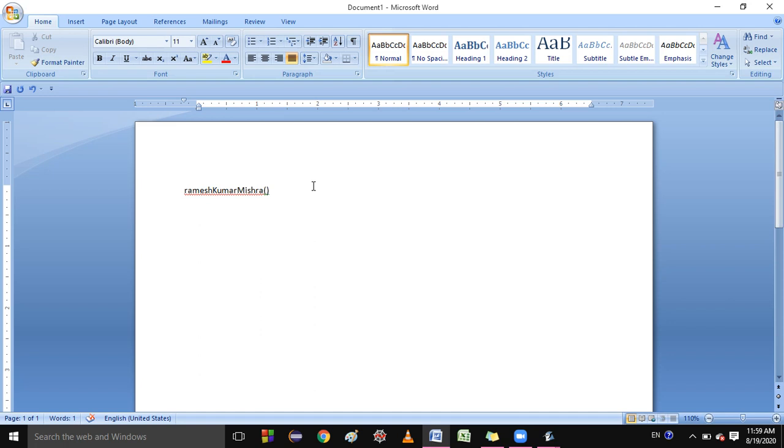And what about the variable naming convention? The variable naming convention is the same, but the brackets will not be there with the variable name. Suppose I have a variable name with a single word, like Ramesh: each and every letter will be in small letter. If I have two words, the first letter of Kumar will be in capital letter. So this is the variable name. You just remove this bracket, so this becomes the variable name and this becomes the method name. So these are the naming conventions.